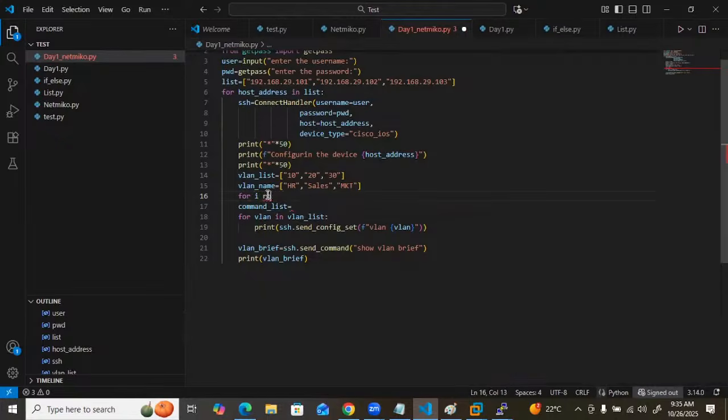We can put there the range, range is 3, the I in range. Then command list equal to